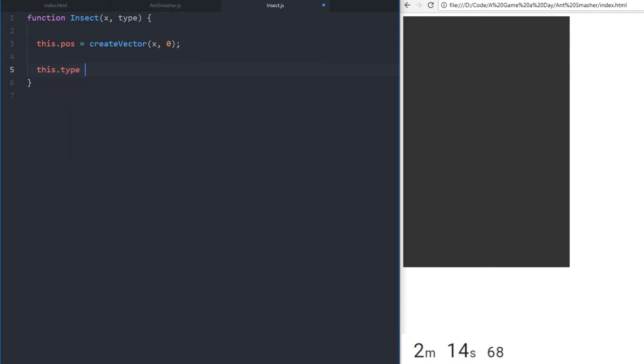This dot type equals type, so we'll say 0 equals ant, 1 equals b or something. No, we won't have a type. Here we'll do ant. No, we'll do type. 1 equals ant, or 0 equals ant, 1 equals b. Insect. Not inspect, insect. Prototype dot draw